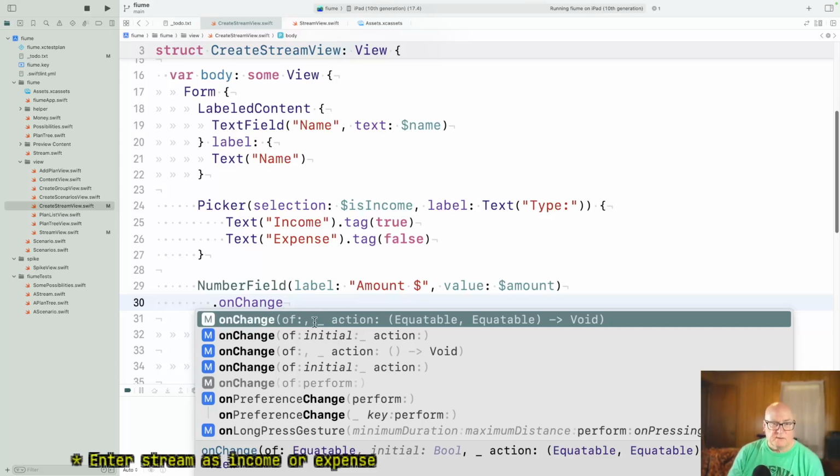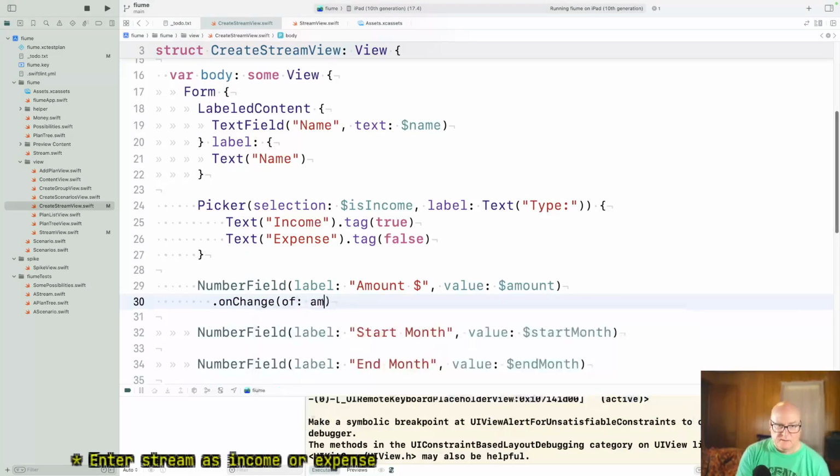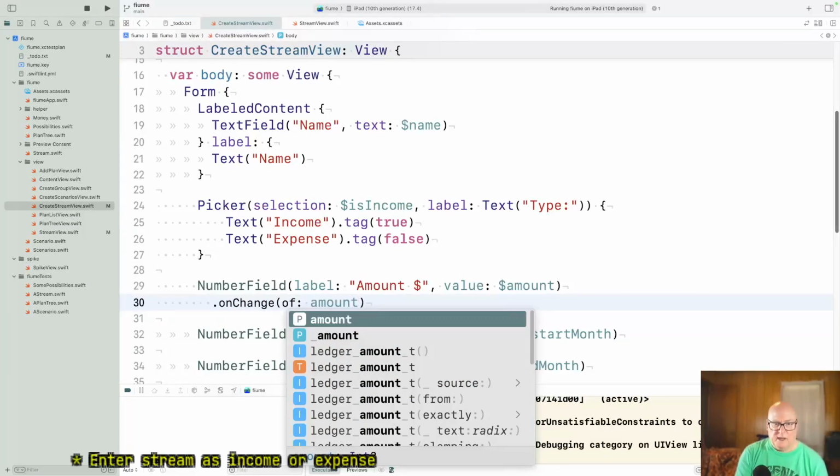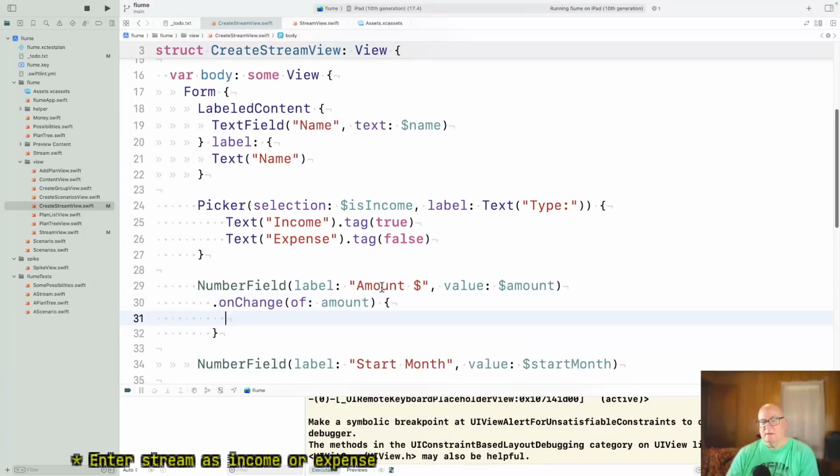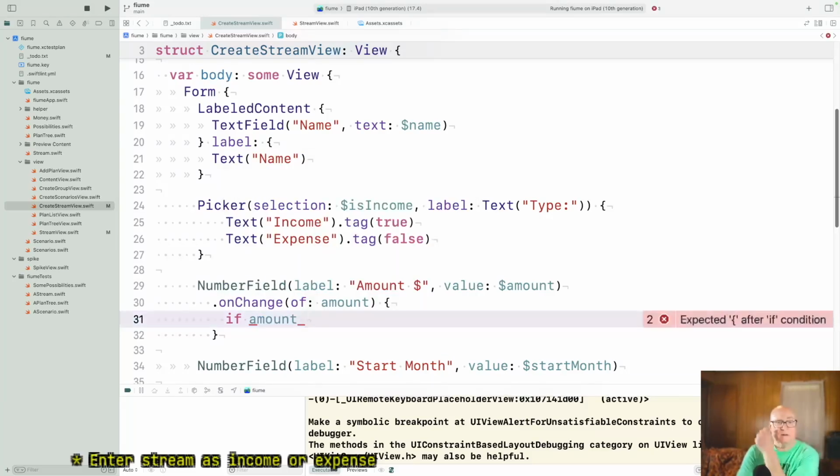Of amount, do this. Okay. So I want to say if amount